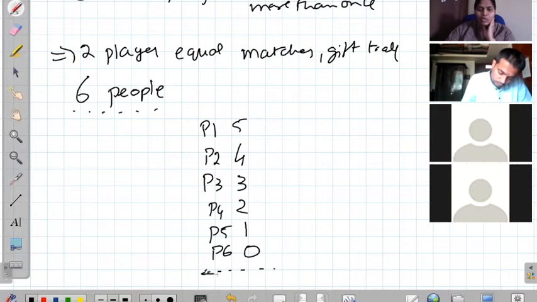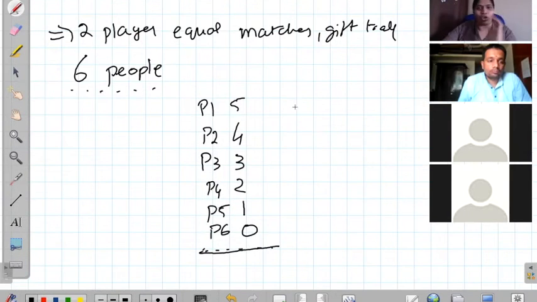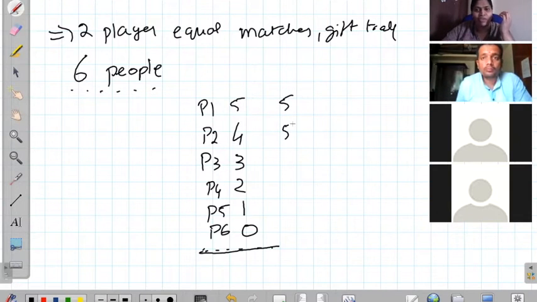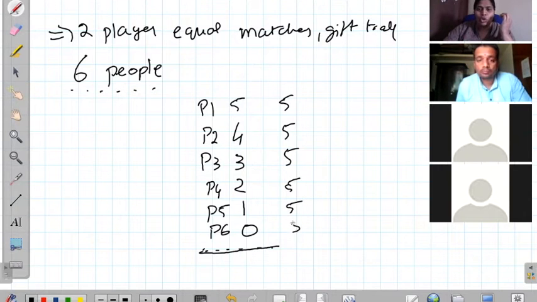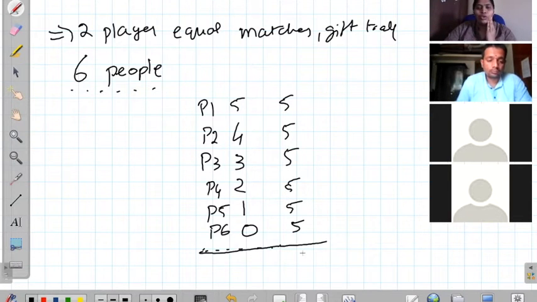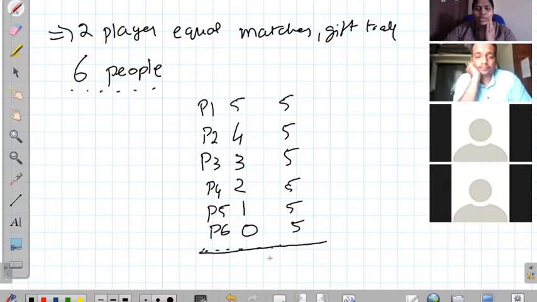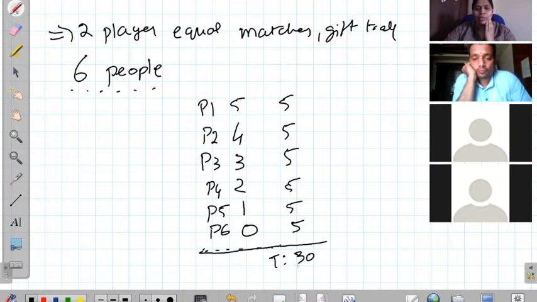So in this case, what is the total number of matches played in the club? Or for a simpler case, if we had everyone playing 5 matches, right? That was the first example we had seen. So each player has played with the other 5 players. So the total is 30, but what is the actual number of matches played?